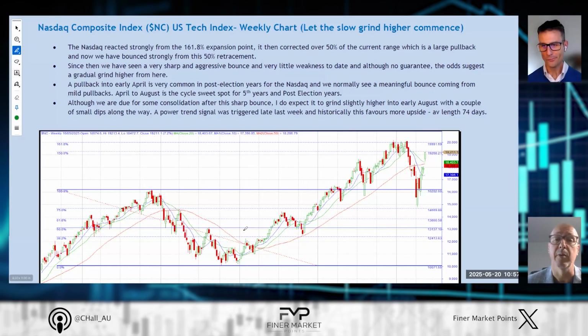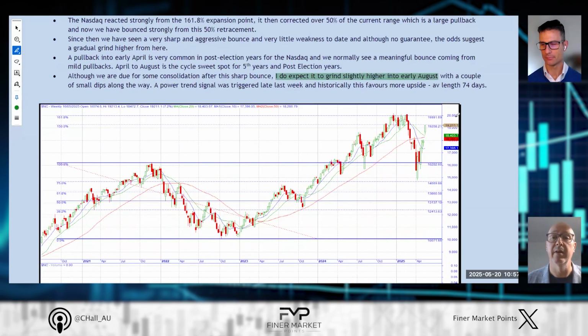That's really the time to be long, have the foot down there. I know IBD, I know Mike Webster, he'll often look at the 21-day moving averages, as he likes to be above that generally. But the power trend is basically a signal to put the foot down for momentum traders. So it's just a really interesting